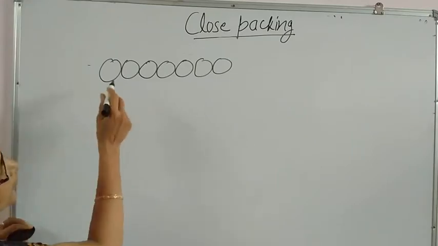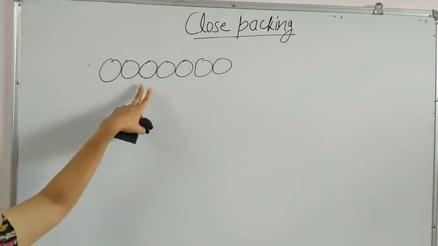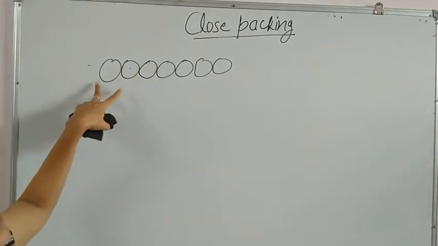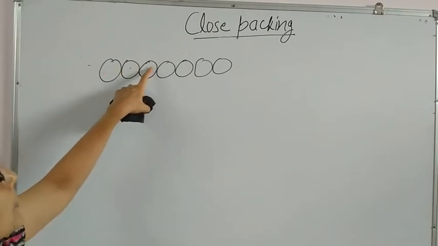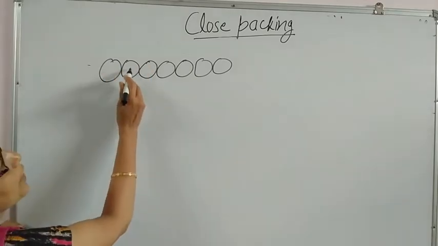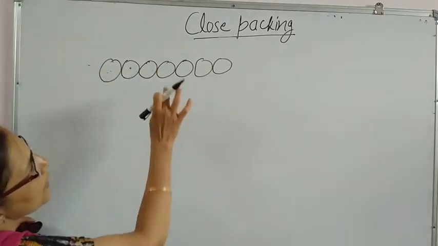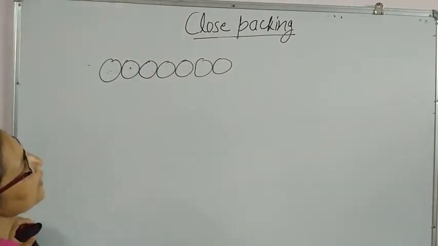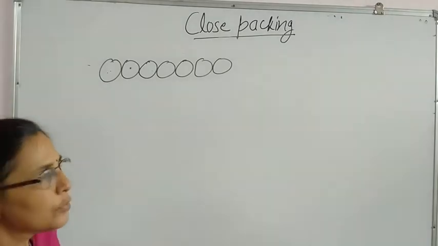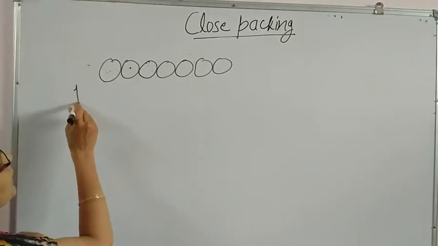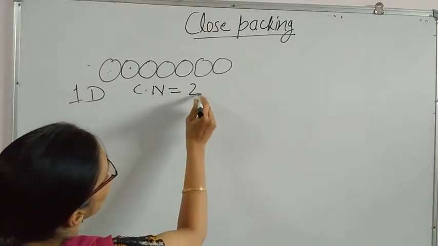In the linear arrangement, if we count the coordination number, it is the number of particles which are the nearest neighbors. Means एक के पास में कितने nearest neighbors हैं. So if I count for this, you can see that 2 are the nearest neighbors. For this, again 2 are the nearest neighbors. For the last circle, we cannot count the nearest neighbor. So in short, in one-dimensional arrangement, coordination number is equal to 2.